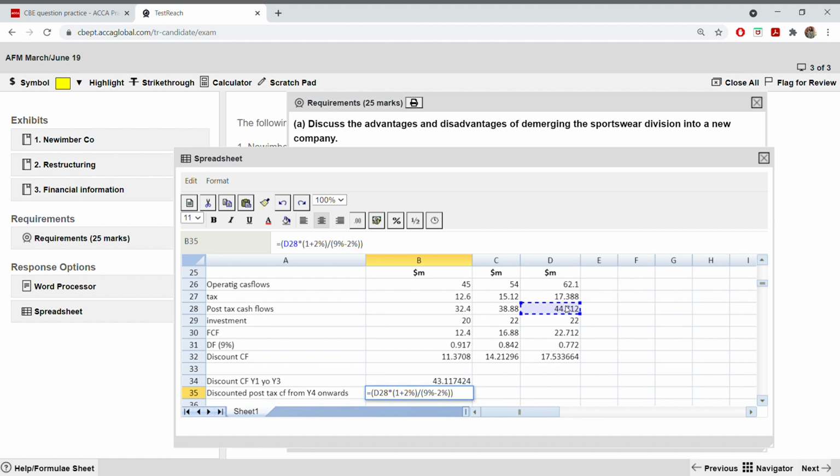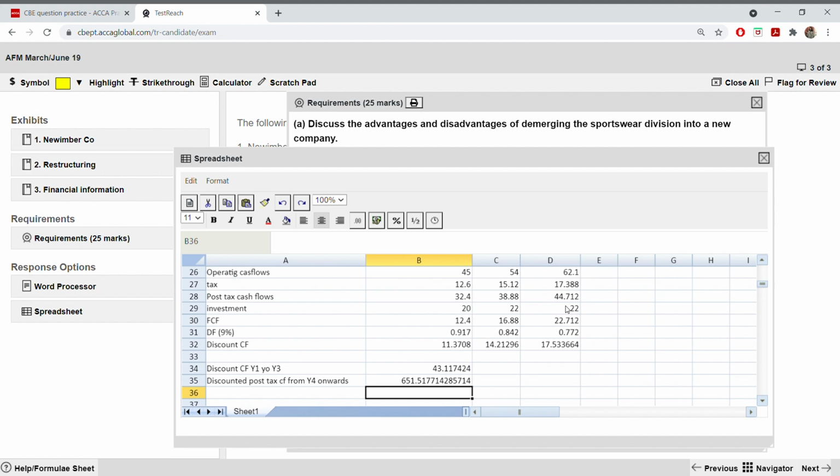Okay, because from then onwards it will increase by 2%. That's why you always have to take the last year's cash flow, whatever the last year is in your case. In this case, this is the third year's. This, okay, enter. So now this is the more correct method. Okay,